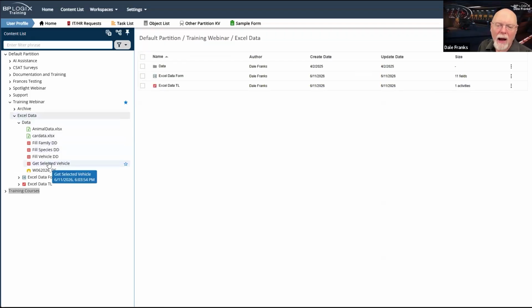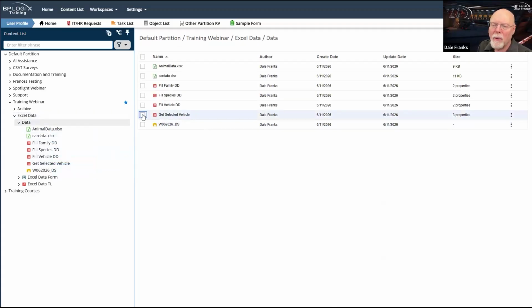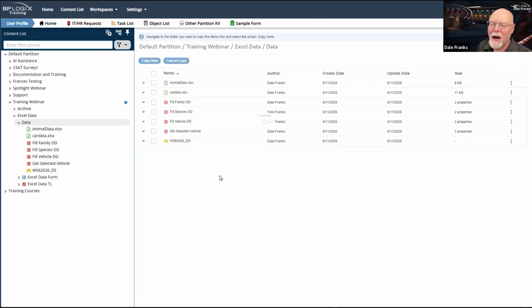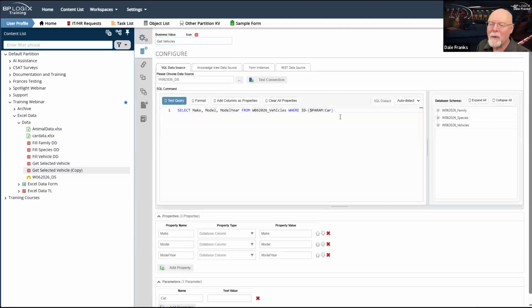And now I have this get selected vehicle. I'm gonna copy that. I'm gonna copy it here, and I'm gonna change it, and I'm just gonna call this get vehicles. And I am going to go here, and I'm going to remove this where column.